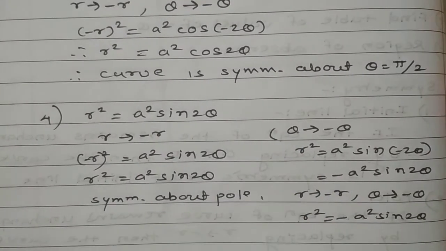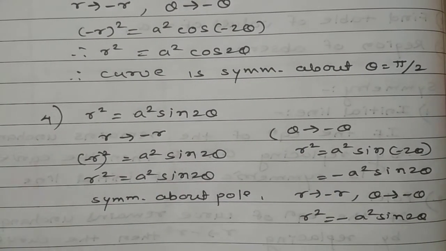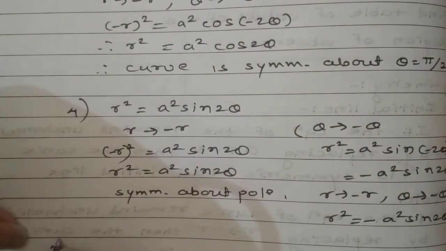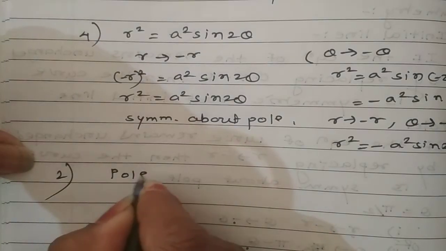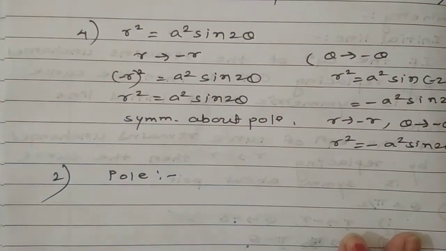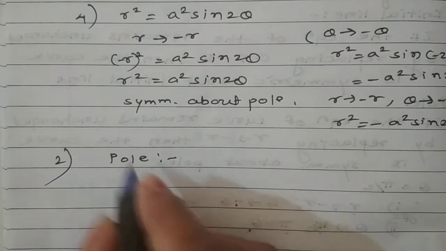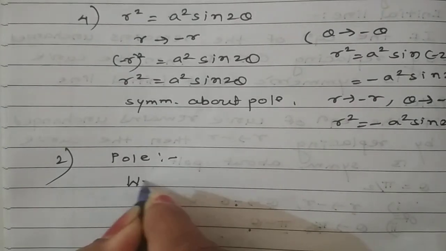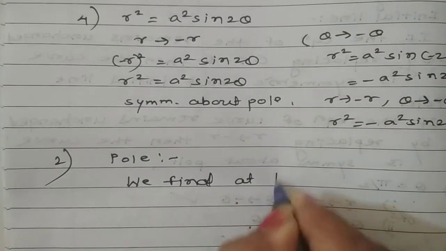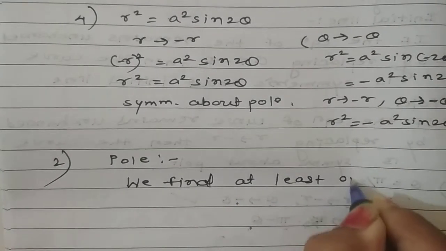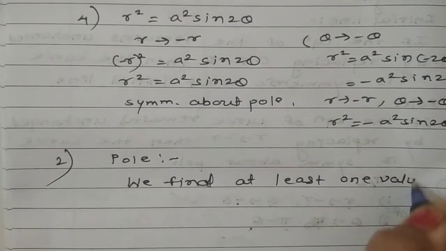Symmetric about pole. In that way we verify the symmetry condition. Now condition number 2. Our curve is passing through pole or not. To check that, we find at least one value of theta